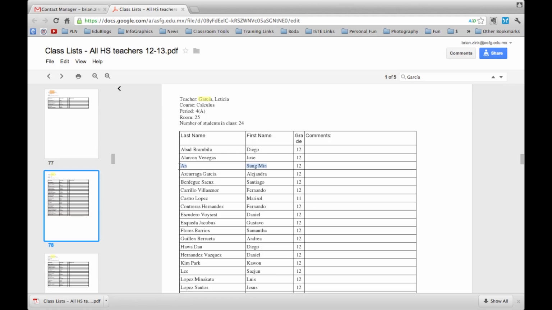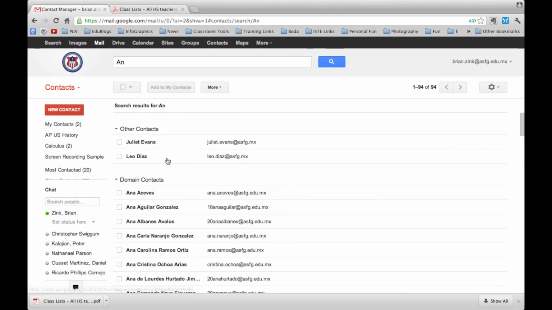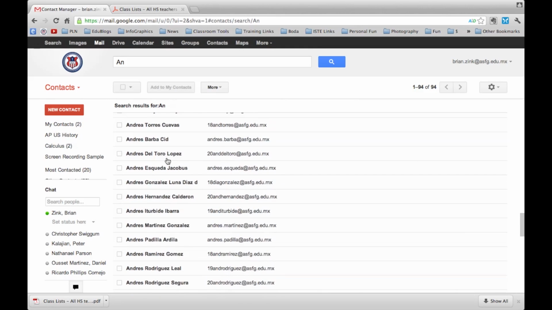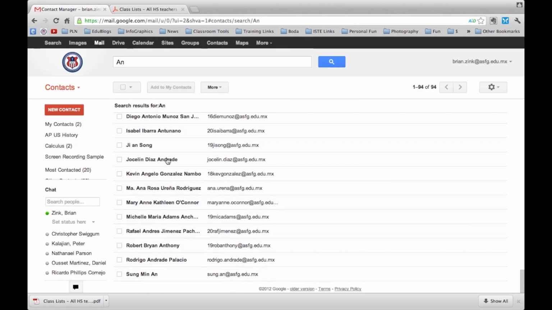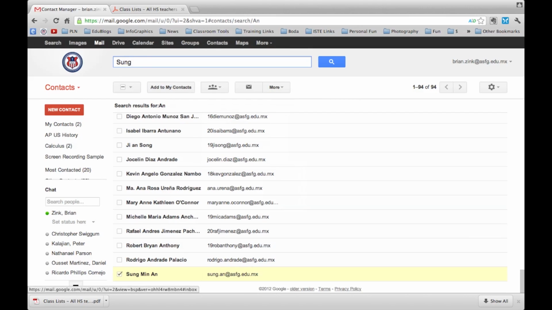The next student is Sungmin An. If I just search Sungmin's last name, I'm going to find lots of results because of the name Anna, Andrea, Angelica, etc., which we have a lot of at ASFG. I can find Sungmin at the very bottom, and I could check his name and go to the 3-headed monster, add him to calculus, and apply. Or I could search his whole name,